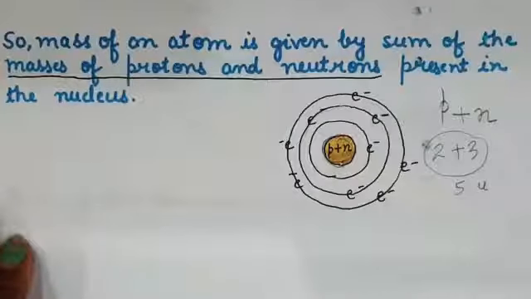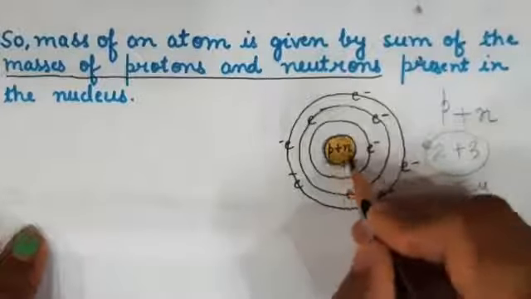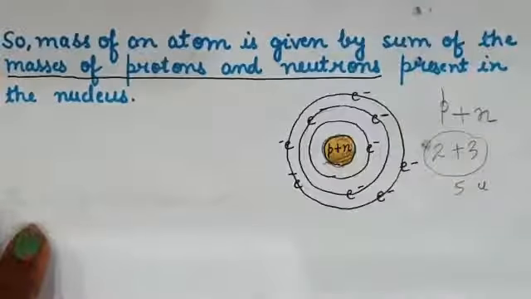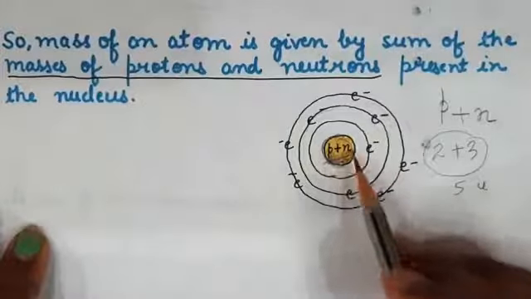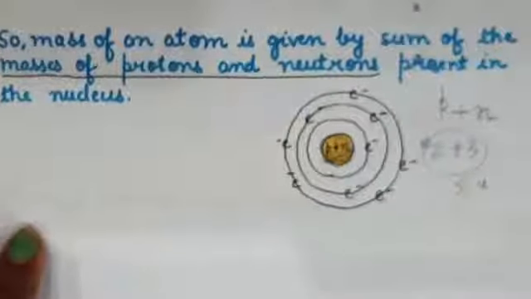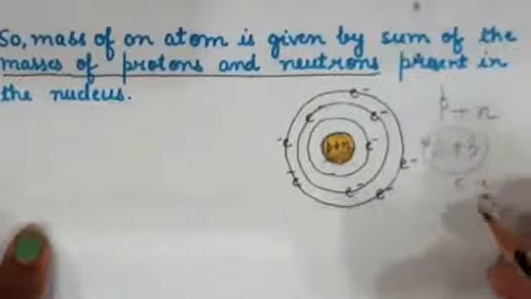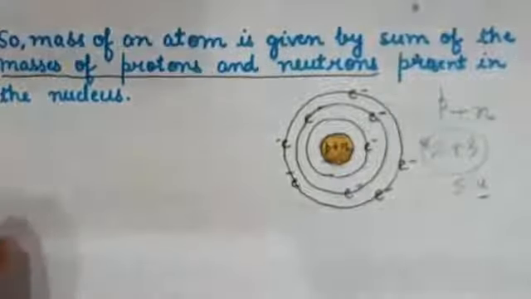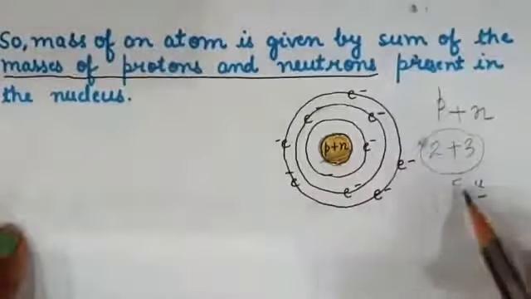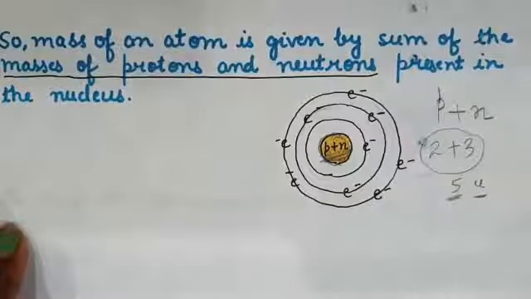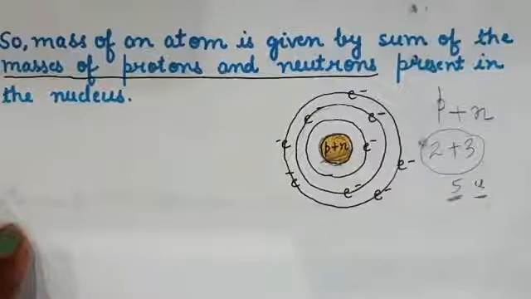I gave you one table also, the atomic masses of elements from atomic number 1 to 20. Those atomic masses are basically this mass: mass of proton plus mass of neutron. That's why I have written U. U is a unit of mass, atomic mass, or mass of an atom. One and the same thing. Clear, students?